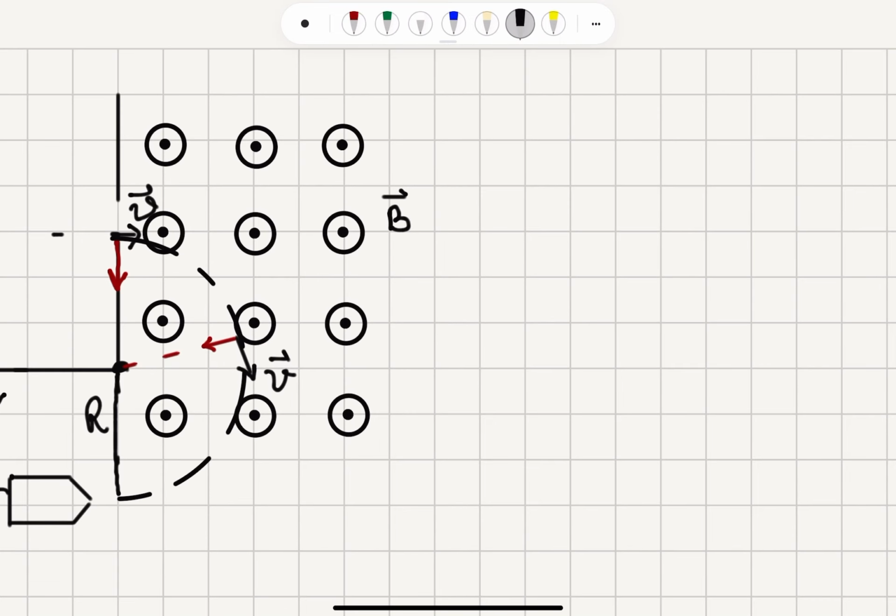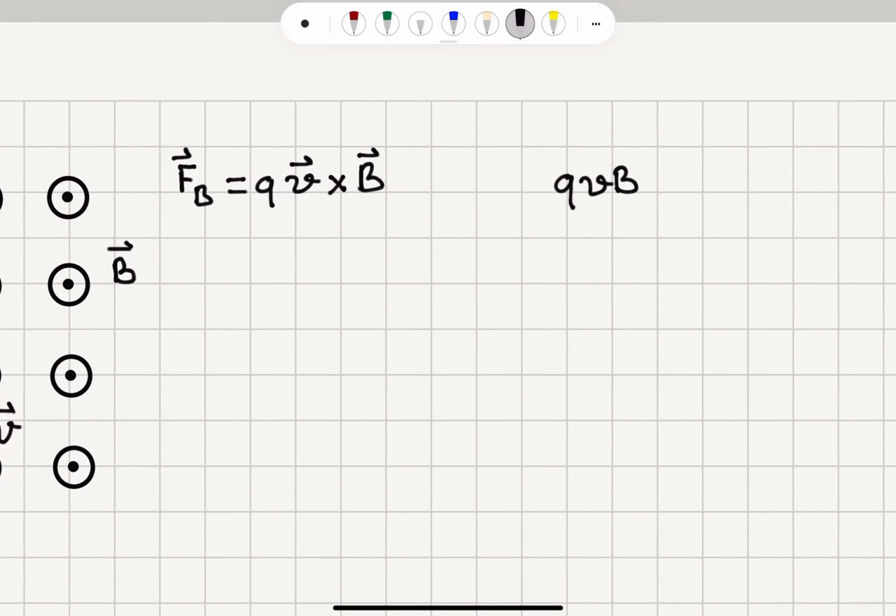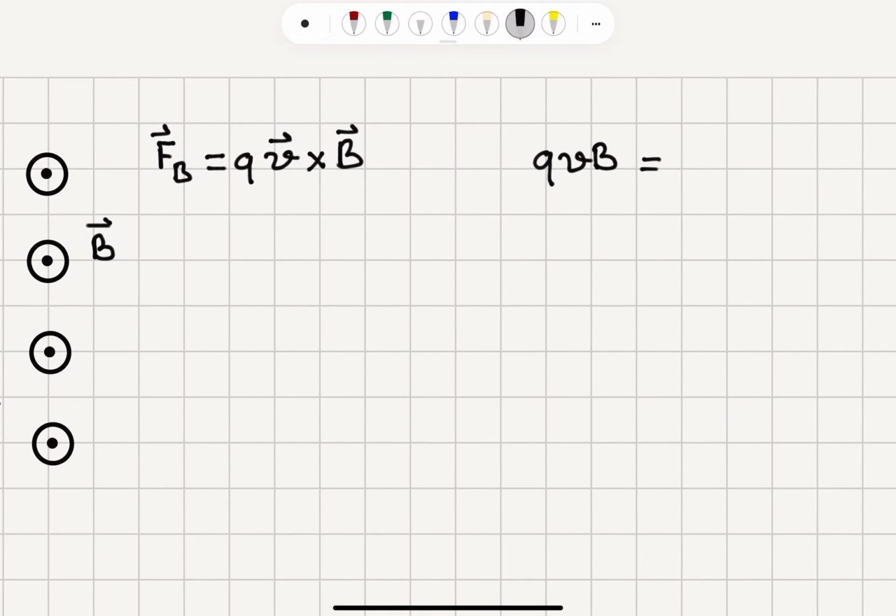Okay, so the Lorentz force F_B is Q cross product of velocity with the magnetic field, uniform magnetic field B. So QvB, because sine 90 is 1, velocity and the magnetic field are perpendicular to each other, is equal to mass times the centripetal acceleration, mv squared divided by capital R. So I can see that one of these v's will disappear and I will be left with the speed of the particle to be equal to QBR